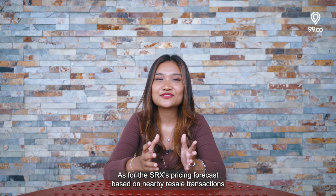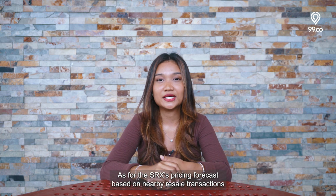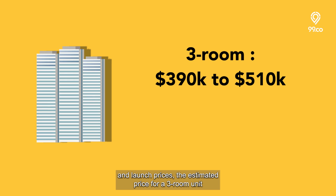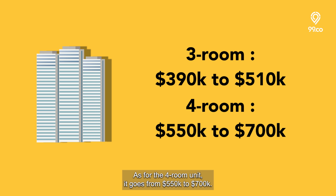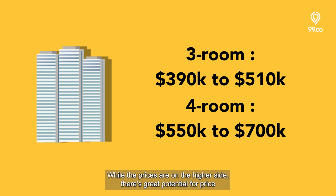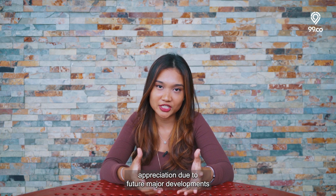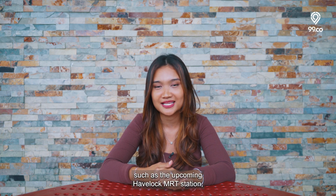As for the SRX pricing forecast based on nearby resale transactions and launch prices, the estimated price for a 3-room unit goes from 390 to 510k. As for the 4-room unit, it goes from 550 to 700k. While the prices are on the higher side, there's great potential for price appreciation due to future major developments such as the